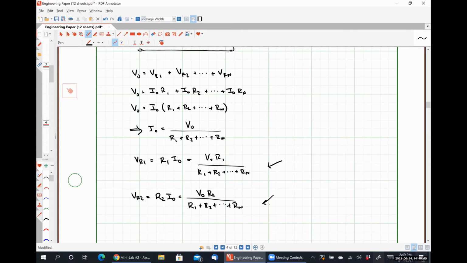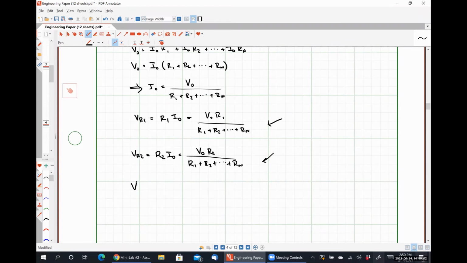Now, for the simple circuits that we've been dealing with, this isn't really going to be a whole heck of a lot of a time saver, but we will get to a point where applying the principle of voltage division will really simplify analysis of some ugly looking circuits, okay? So our general rule here